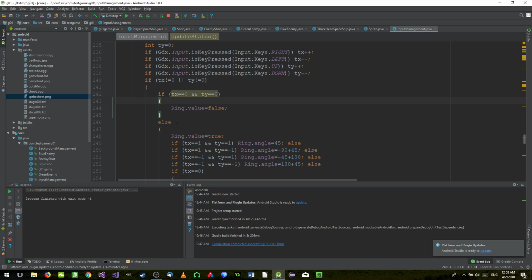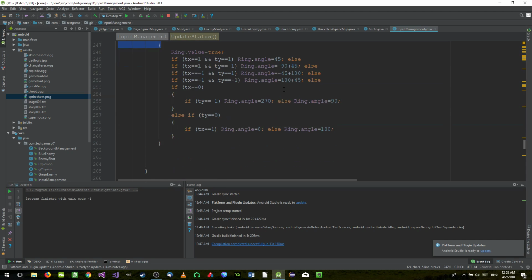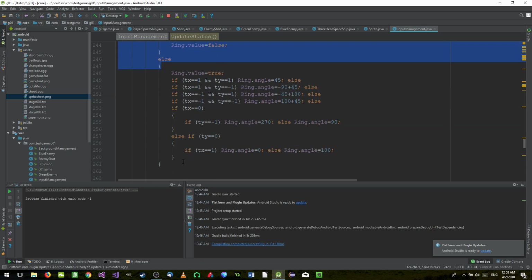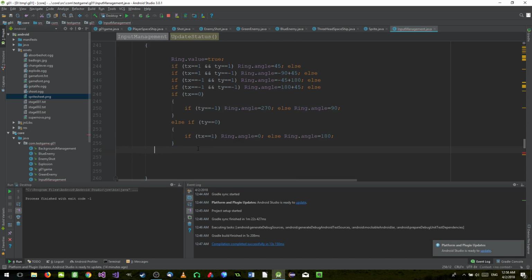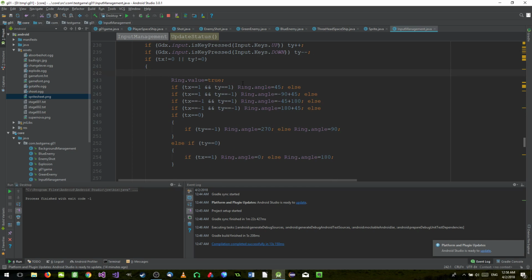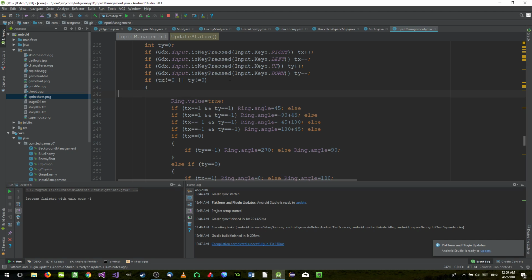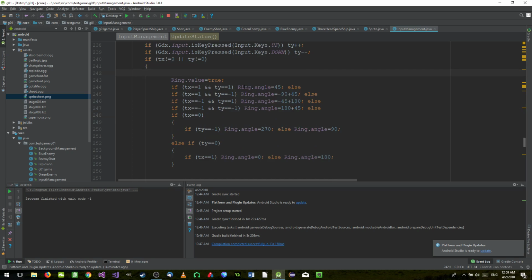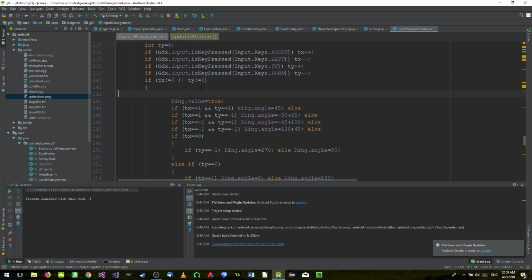So yeah, if dx equals 0, this one, yeah. So actually I could right away remove these guys. Right, so I remove this and also remove this. That's fine. So what do we have? We set the ring value to be true, meaning that we pressed one of the buttons, if that makes sense, right? And also I will check